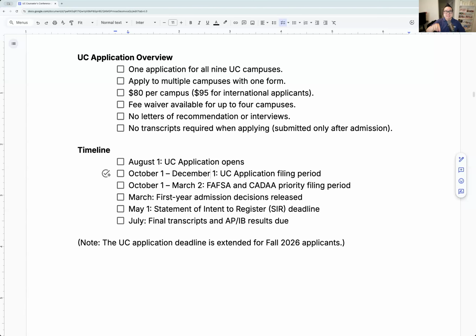They accept you based on that logic. Then in June, when you submit your transcript, they say there's a discrepancy. The transcript and your application don't match. They have a right to rescind your application. They can tell you, no, we don't want you anymore because you lied to us.